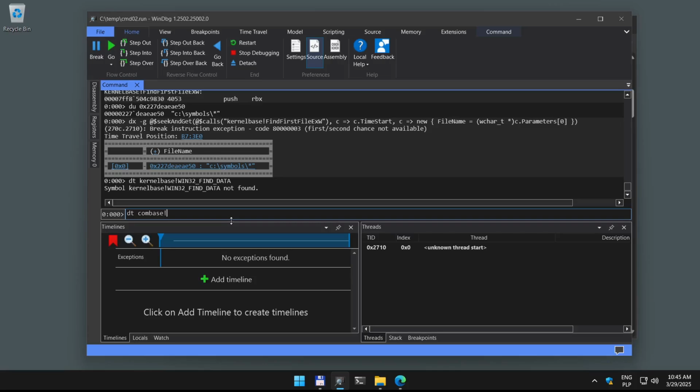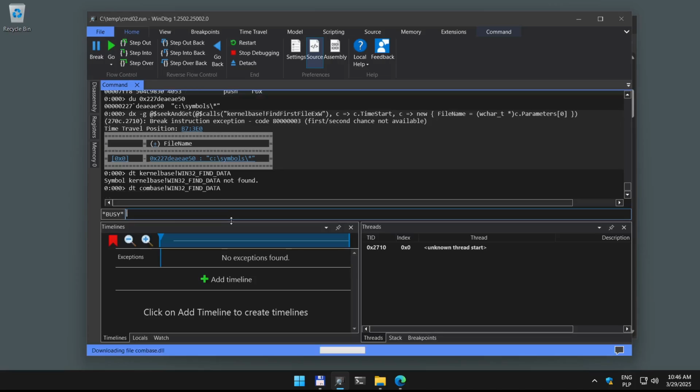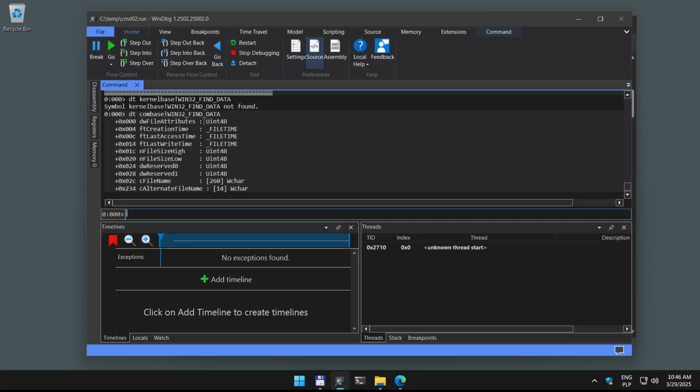They were not found. But interestingly, that's what I often do: I search in the Combase DLL, which is one of the DLLs for which Microsoft publishes private symbols, and often you can find those structure definitions in the Combase DLL. And here you can see that Combase actually contains the symbols for this structure. So we have a full definition of it, and that will make our life much easier, as you will see